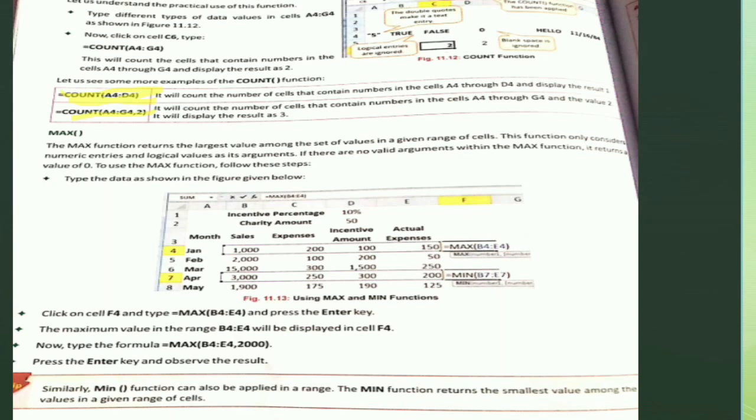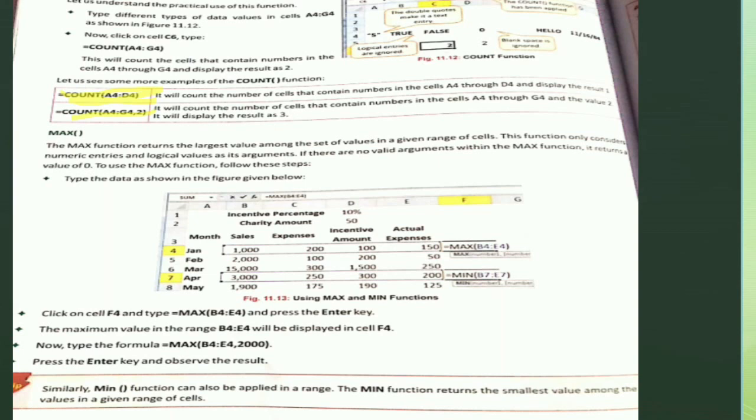The next function which we have is the count function. The count function counts the number of numeric entries, that is, when a number is there. Then formulas, if any formula starts with the equal to sign, and then the date entries which are given in a range of cells. So here you can see we have the formula equal to count A4 to G4. Whatever numbers are in these cells will be counted, and dates will be counted, or any formula will be counted. Like in A4 we have 5 in double quotes, so it will be treated as a character, that is, text. It will not be counted.